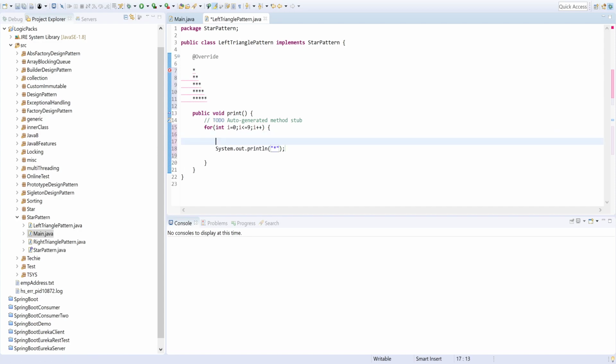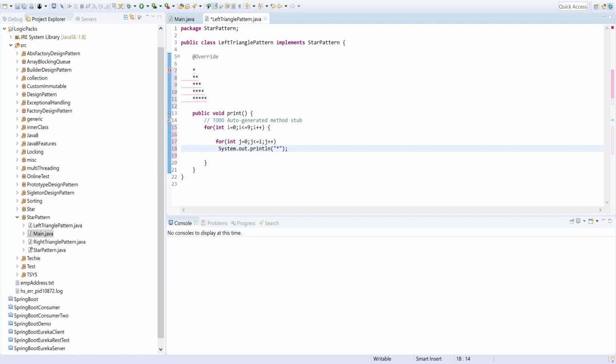So we could think like for int j equals to 0, j is less than, means for the one line there should be 1 star. So we can make it j is less than equals to i and j plus plus.